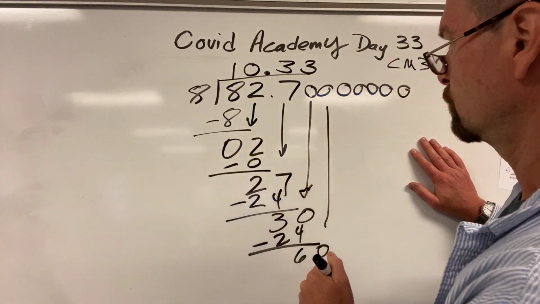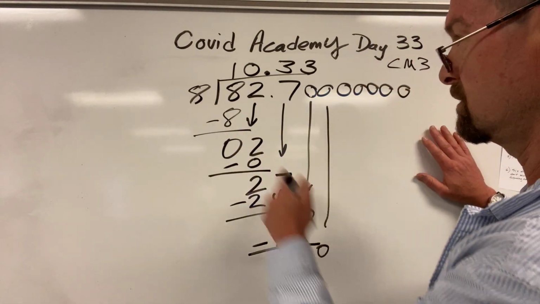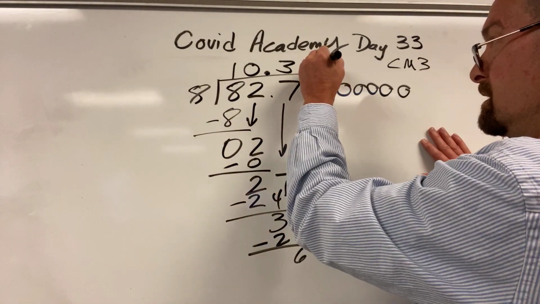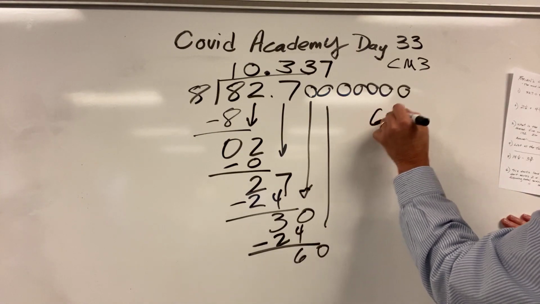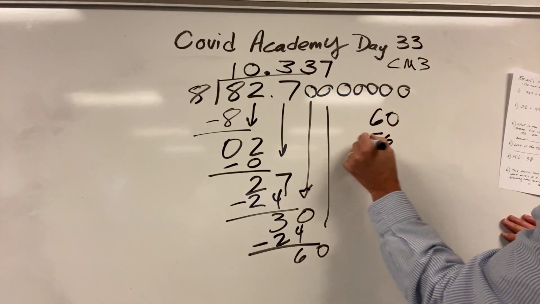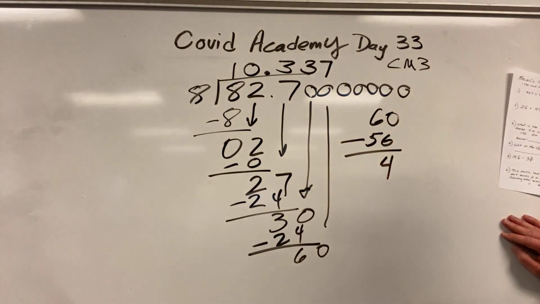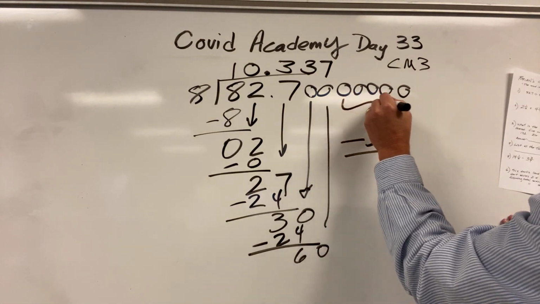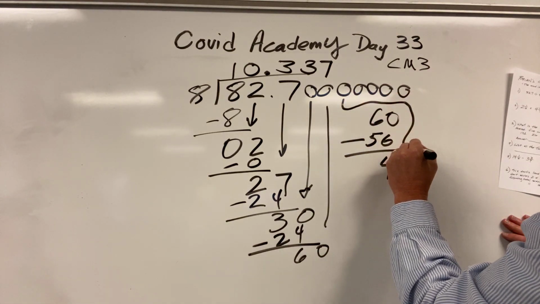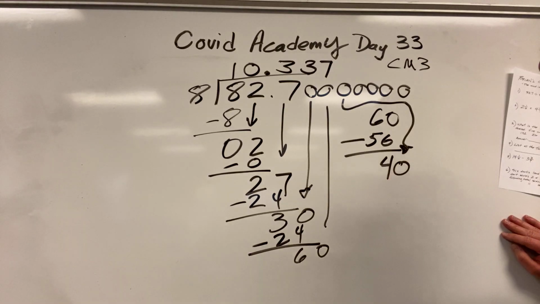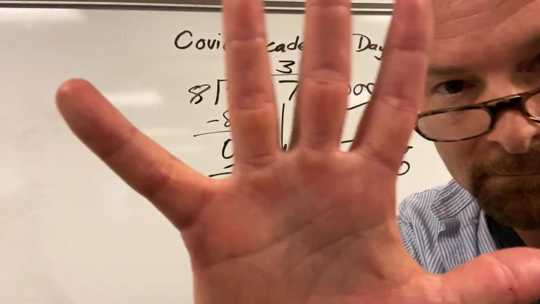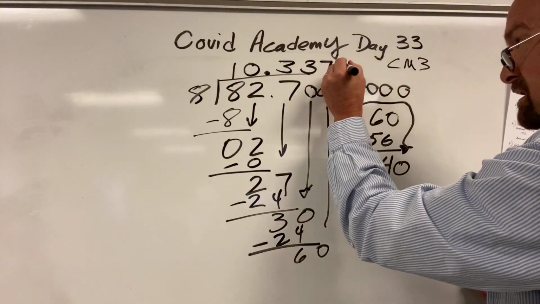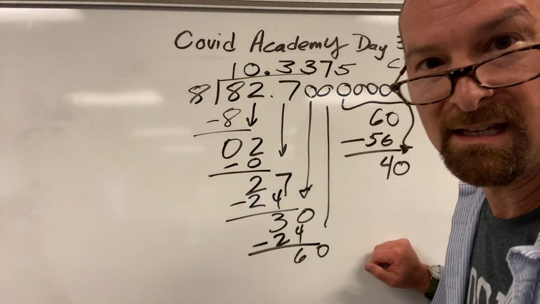8 3 times, whoa, it's not 3. Sorry, 8 into 60, it's 7. So 7 times 8 is 56. I'm going to rewrite my 60 here and write the 56 below it. A subtract, I get a 4. And now it's this 0 who goes flying through the air from a strong wind and lands there and becomes 40. Here we go. How many 8s fit into 40? That's 5, dude. It fits. And there's the answer,